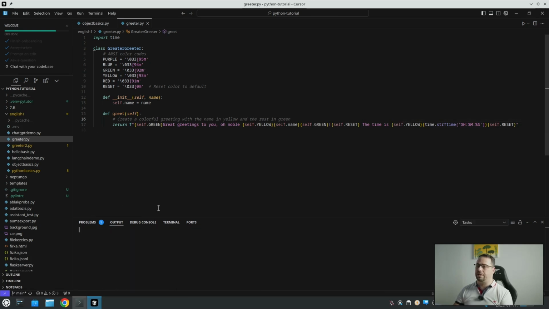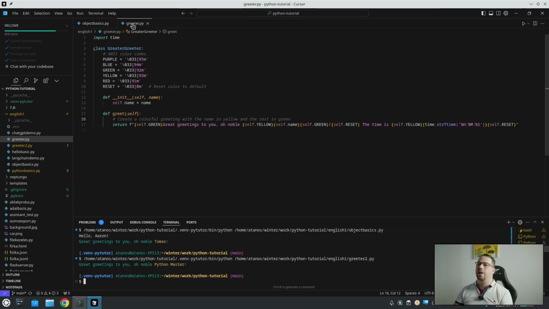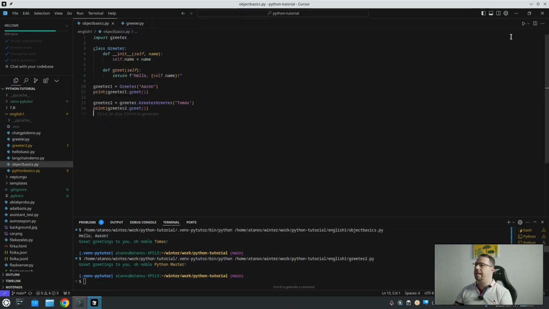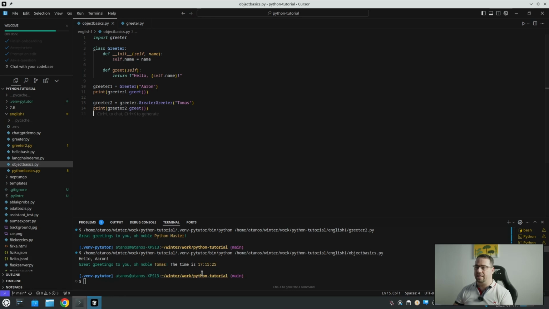Now everything is just fine. Disregard the other error messages. Those are not relevant for us now. And watch what happens if I run this now. Note that the original program never changed. It just calls the greeter and the greet function. We have not touched it with a pinky even, because we don't have to. We are just modifying the behavior of the object underlying it. And ta-da, the time is, this is the time in my time zone right now, at the time of recording